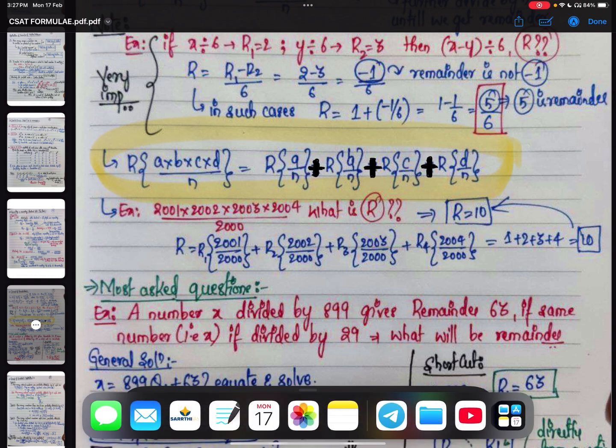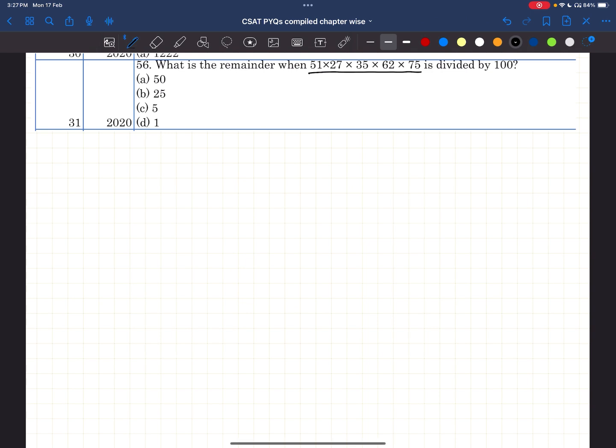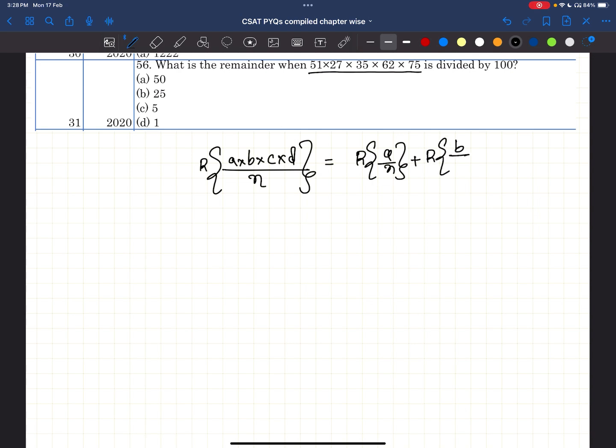Remainder of A into B into C into D divided by N is equal to remainder of A by N plus remainder of B by N plus remainder of C by N plus remainder of D by N, and also remainder of